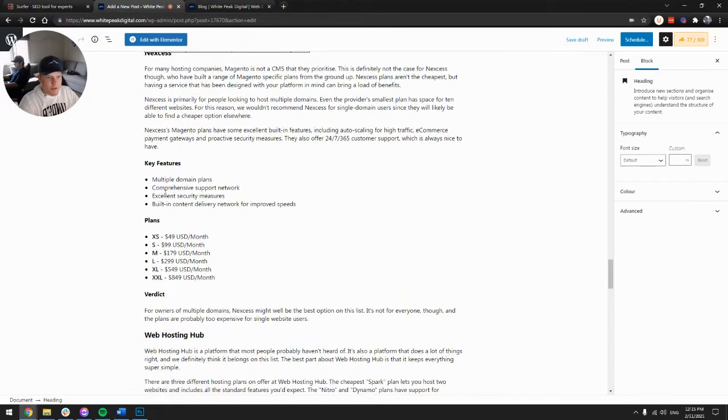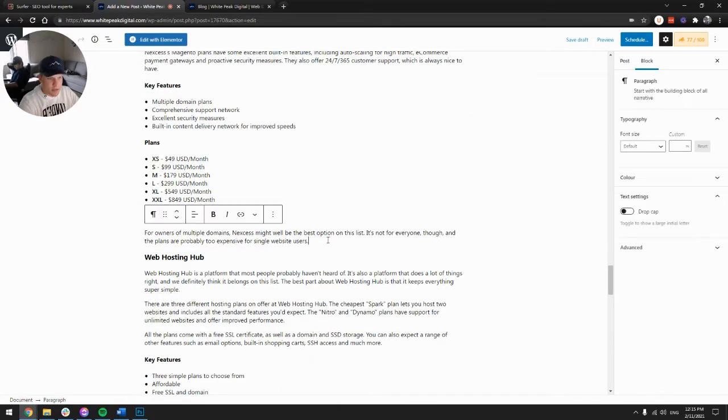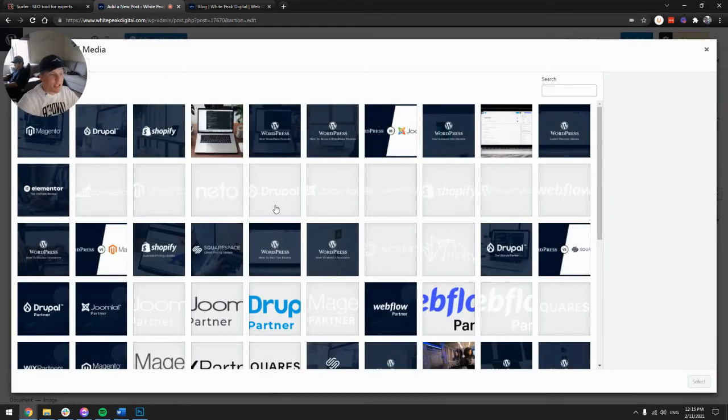Now I'll scroll down a bit further. How far away are we? No, add a bit more space. We'll put another image here, for example. So you just want to space them out evenly. Depending on the length of the blog will depend on how many images you add, but it's nice to have a couple, and then